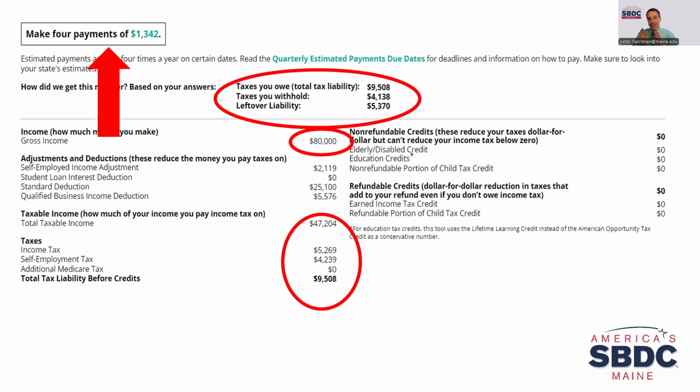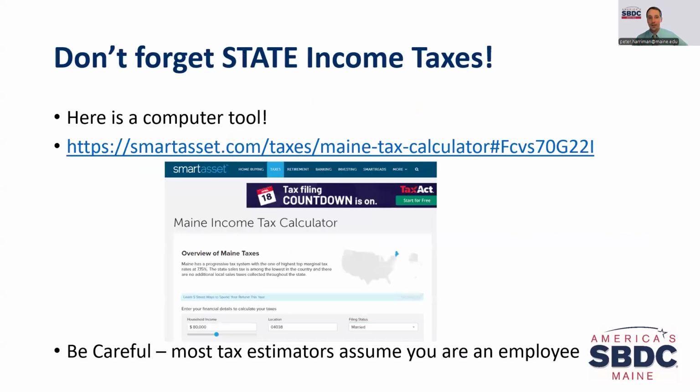Now, if you do single and you only put in your self-employment income, there's no taxes you withhold, right? Because that's only for if you have employment income that is employee employer, right? So this is a nice little website that you can go through. Again, this is focusing on your federal tax liability. It does not focus on the state tax liability. So this is a nice little tool to try to help you estimate your federal tax liability.